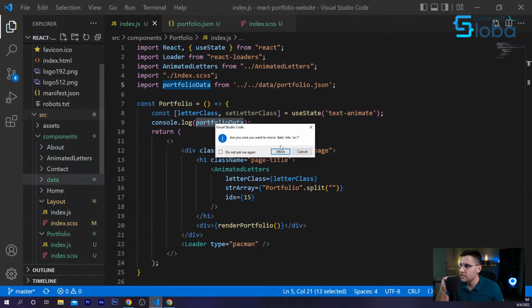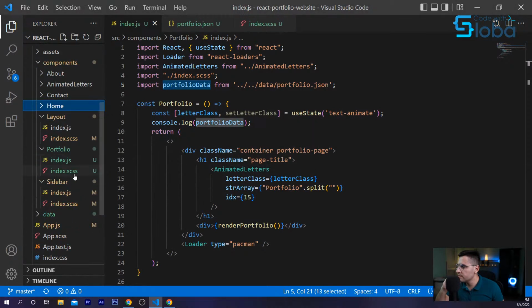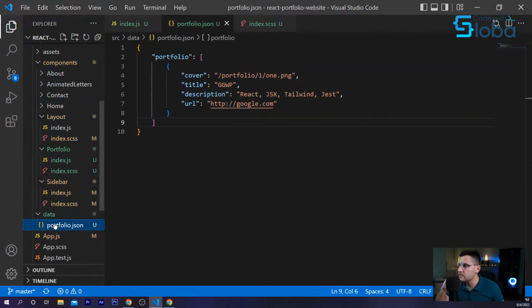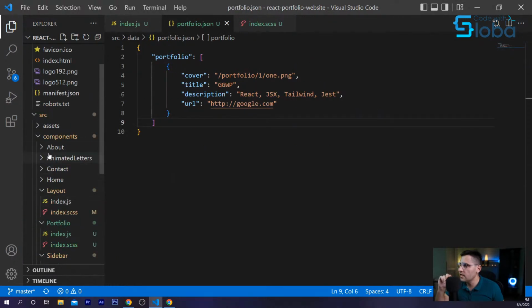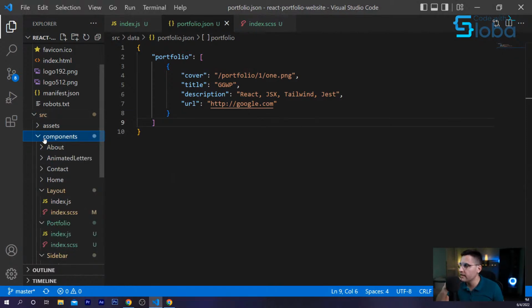So just move that into the source. Now your data folder should be inside of the source. I think that makes much more sense rather than putting it inside of the components folder.